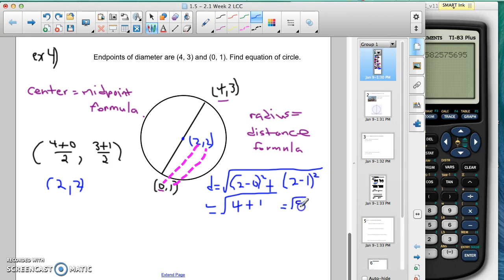Now in the formula that we had up above, we're going to have x minus h